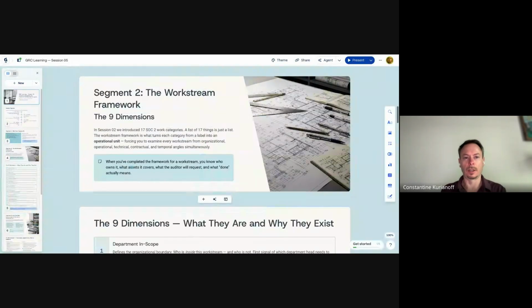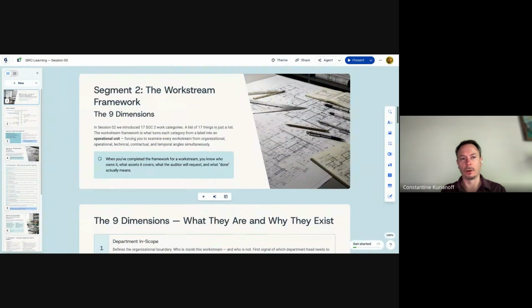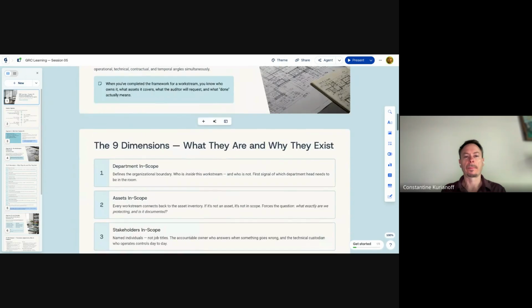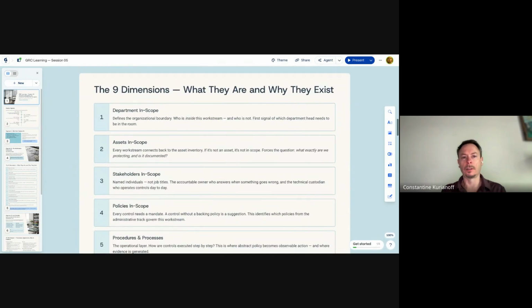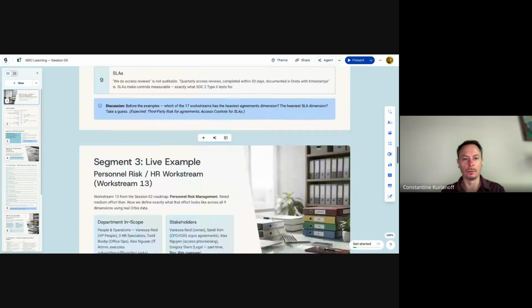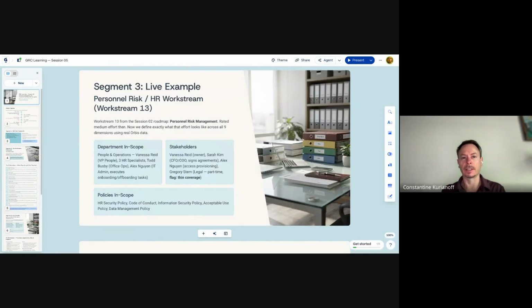So we start with what I call the workstream framework. It's very hands-on, but there is some theory that goes into it. I will go back to these 9 dimensions a little bit later, in a minute or 2. Before then, I would like to show you the live example so we know what we are talking about.